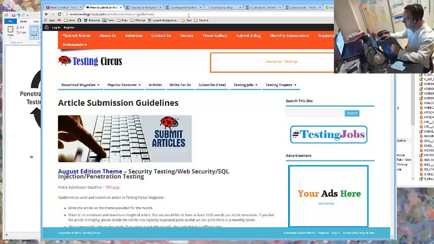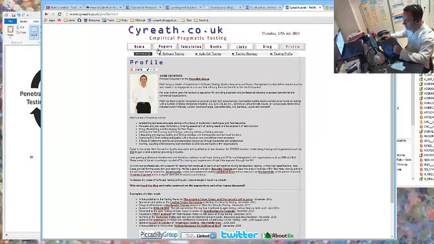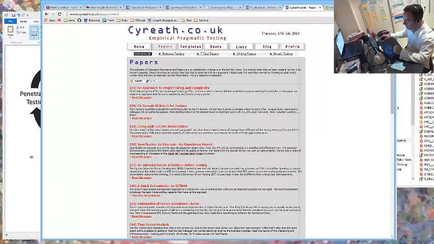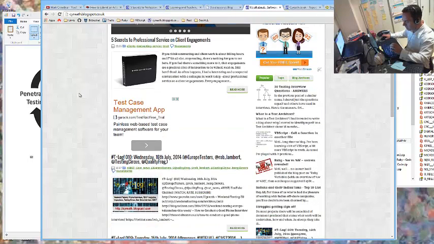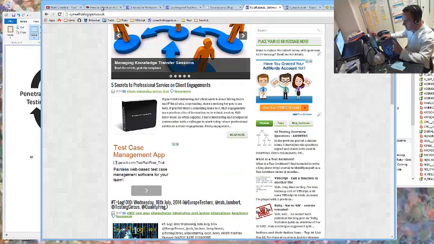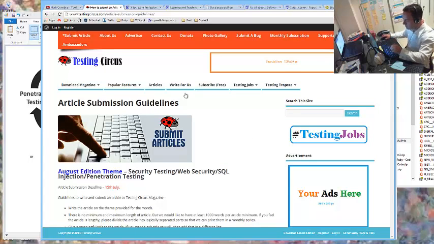Now, if you don't have a blog, or you're nervous about posting, I call them papers. I usually refer to them as discussion documents, which are really, for me, long blog posts that you just think, well, people will be scrolling and scrolling and scrolling. It's like 7 pages long. Well, wrap it up into a paper, and that's a lot of what this site is about. These are longer pieces, I know these are like 12 and 7 pages long. You can't put that in a blog post. Don't be shy about doing that, either on your own blog, or in a paper, or in article submission opportunities like these.